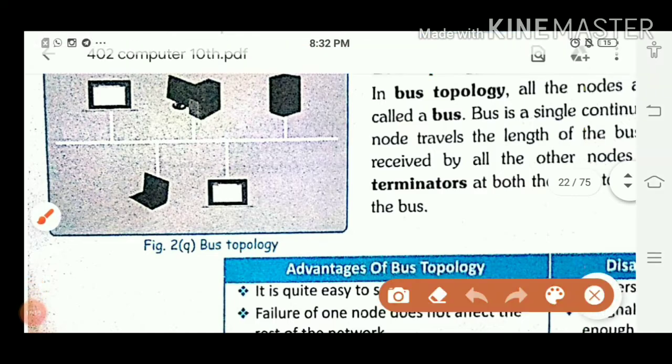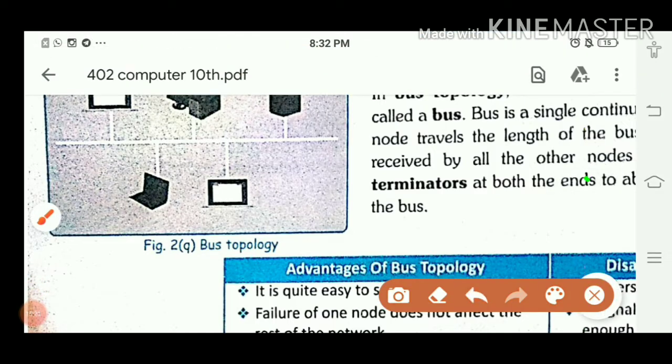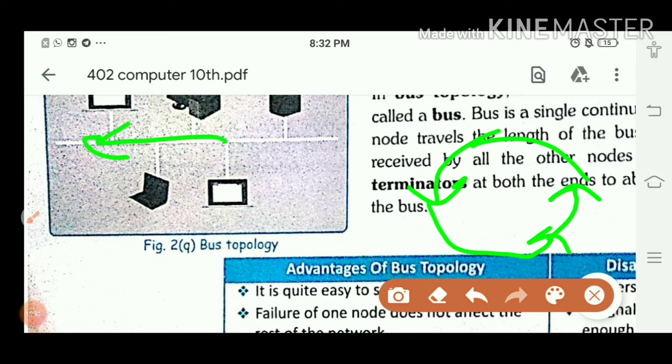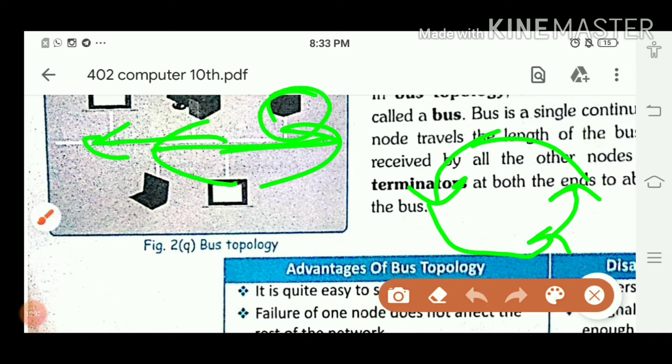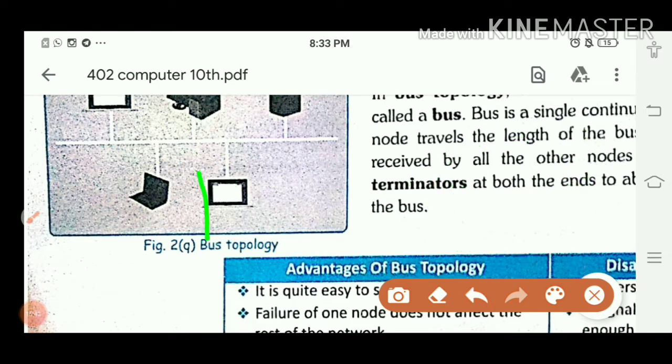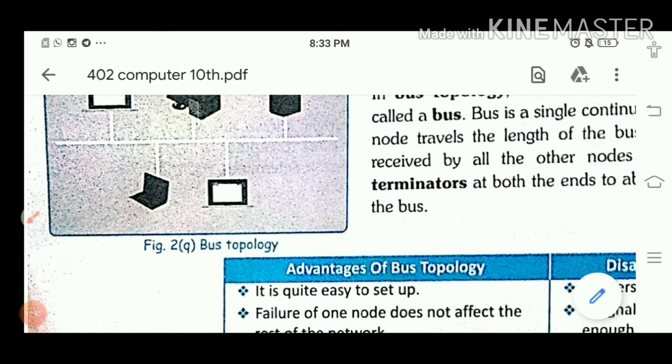One advantage with this, ठीक है, जैसे अगर हम रिंग टोपोलॉजी की बात कर रहे थे तो डेटा will move only in one direction, ठीक है, इसी डायरेक्शन में मूव करता था, but in bus topology data will move in both the directions, इधर भी मूव कर सकता है, इधर भी मूव कर सकता है, ठीक है, इस नोड से लिया तो इधर मूव किया, and suppose that the bus is taking data from that node, ठीक है, इस नोड से लिया तो इधर मूव करेगा, so in this manner it will work.